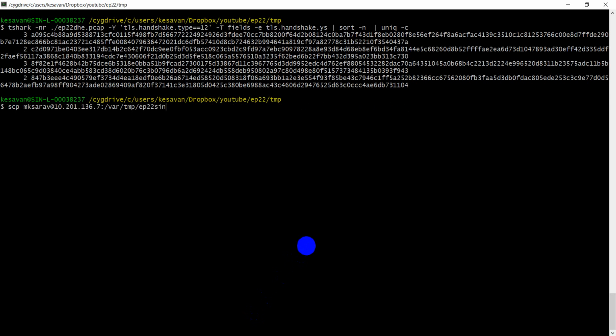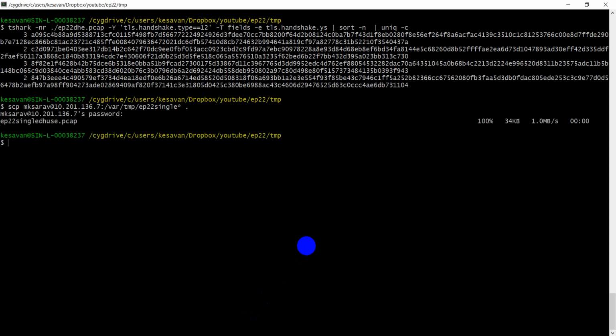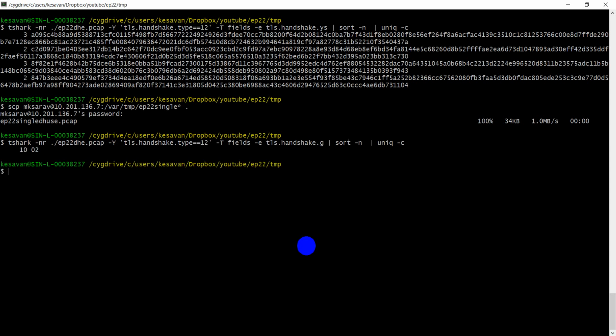Episode 22 single star, just copy on my machine. So I copied this. No need to open, I can straight away run the command. What we wanted to see now is whether it's reusing the G and P values or not. First, the G value. Of course, it is reusing the G value. All the 10 times it is using G equal to 2.